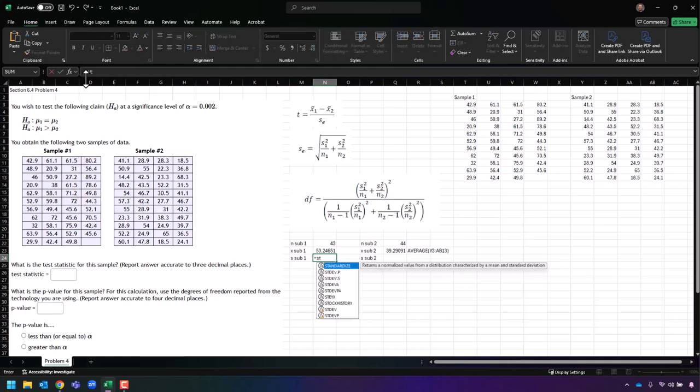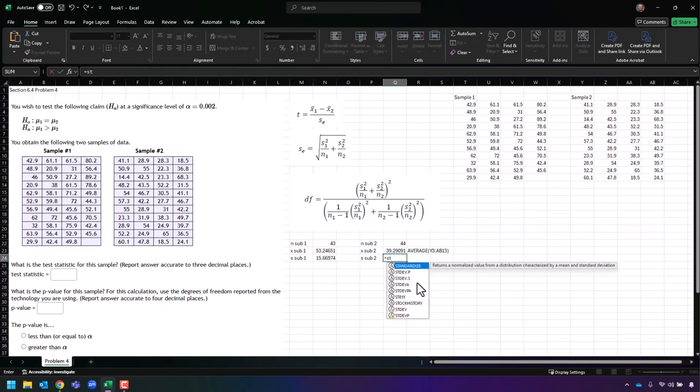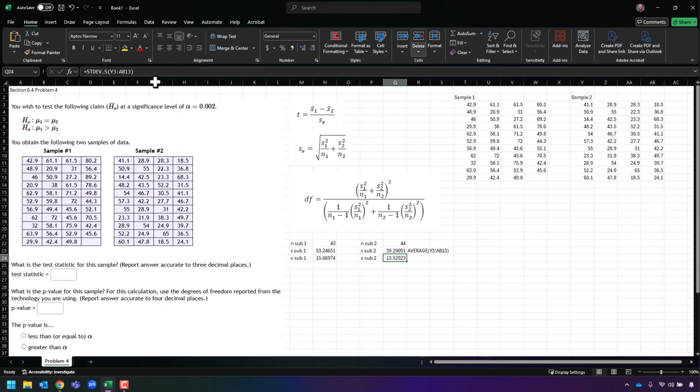And then we have the standard deviation here, and these are samples. So we need the standard deviation of the sample. Again, if I snag the whole data set, it gives me that. And then over here, standard deviation of the sample, grabbing this data set here, and we have it. And then I'll just show you the formula again. I have a little bit of work here for these ones. Now this gets us back to where we can figure out the test statistic,